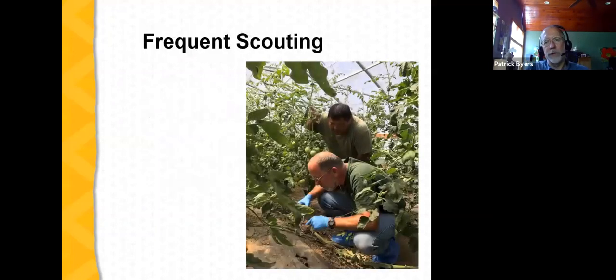We saw this picture earlier. That farmer who's leaning over me is one of the best tomato farmers that I've worked with over the years. And you can't see it, but he also has his own 10x hand lens. And he and I are teaming up on this particular exercise. But he did unfortunately have some southern blight in that tunnel. We were looking to see how widespread the problem was. Notice the bio booties and the gloves. We were able to contain the infection and drop the problem to a manageable level.